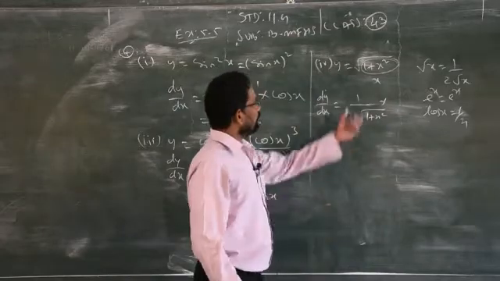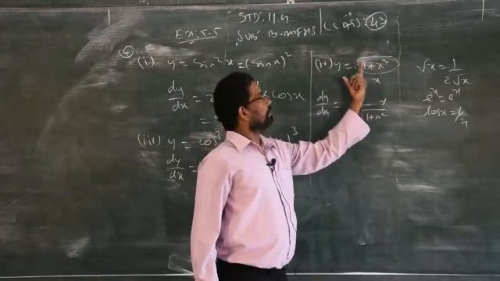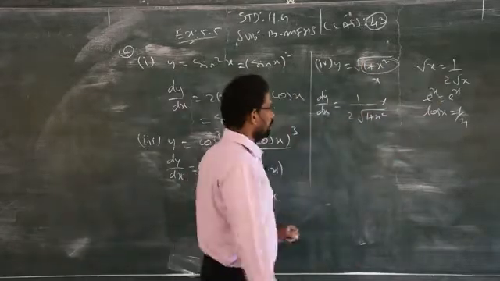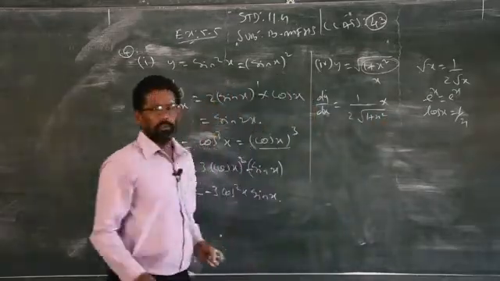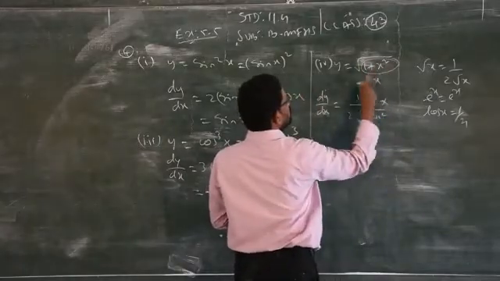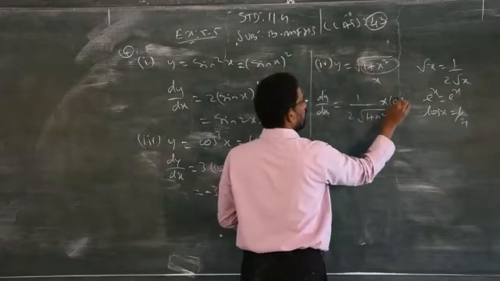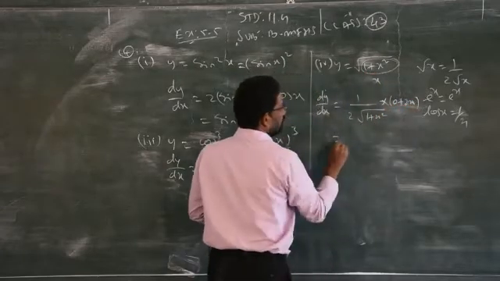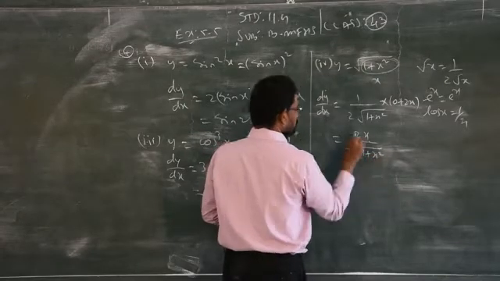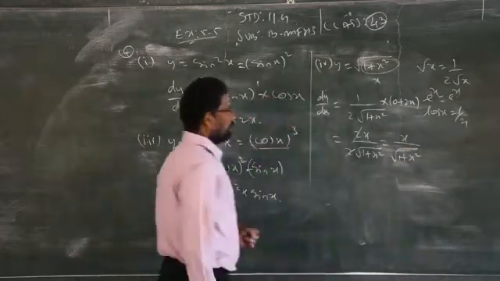So I am differentiating only the power, that root only, expanding under the derivatives like 1 by 2 root x by this formula. Then into, you have to differentiate inside the radical or inside the bracket. So you differentiate inside the square root, 1 will become 0 because differentiation of a constant is 0, x square will become 2x. So now 2x by 2 root of 1 plus x square, the 2s get cancelled. So x by square root of 1 plus x square.